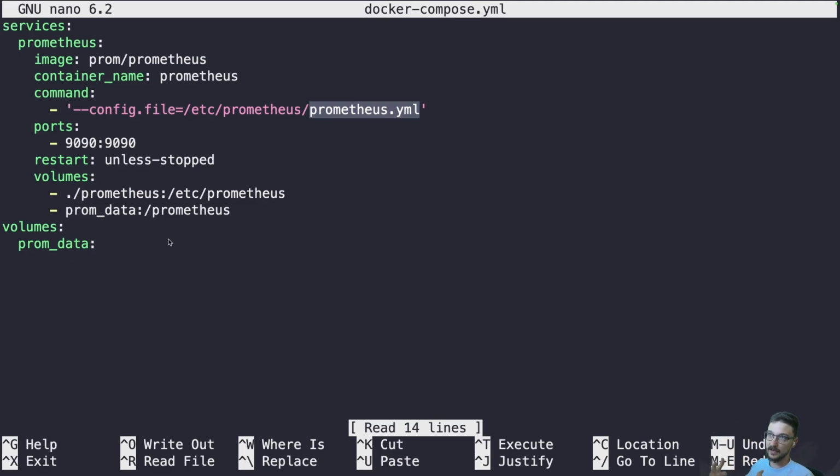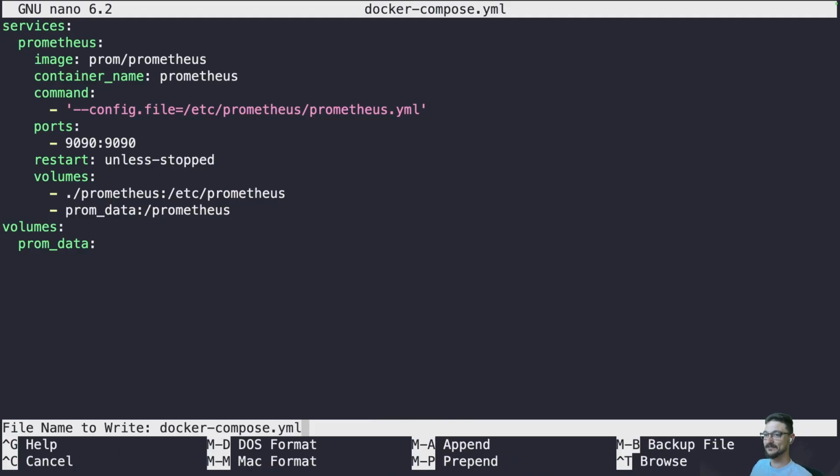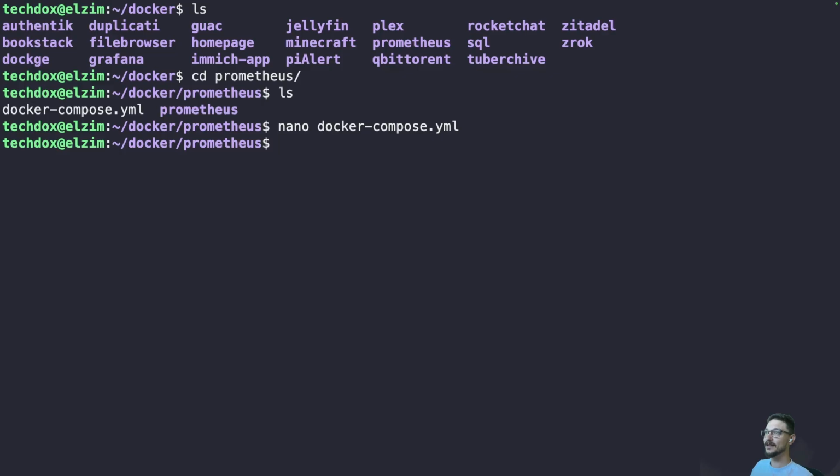If that doesn't make sense, it's okay. I'm going to show you it. And then all the other data for Prometheus is just stored in a volume called prom data, and we don't need to worry about that. That's all being handled for us by Docker, okay? So we have that. So let me just save this, close out of it,